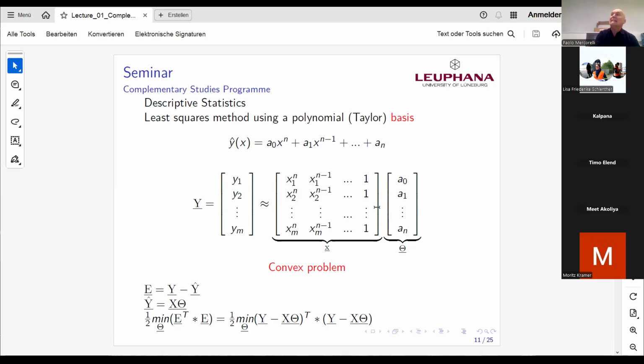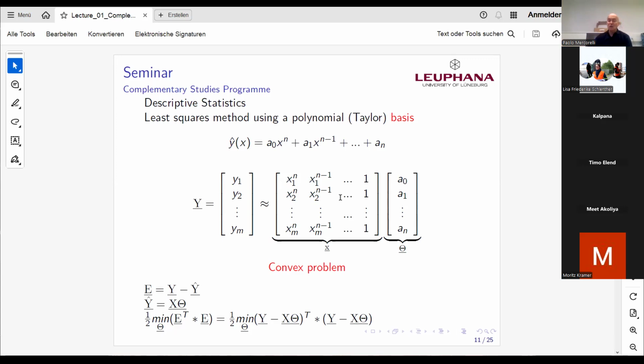Why is that? Because in the matrix inside here, we mix what I know, which is x1, x2, x3, xm, and what I don't know. And if n must be found, it's not given. At this moment, let me consider n as given. This means the constraints are exactly the conditions in which I can separate what I know from what I don't know. The other condition, which I told you is needed to have a convex problem, is a convex